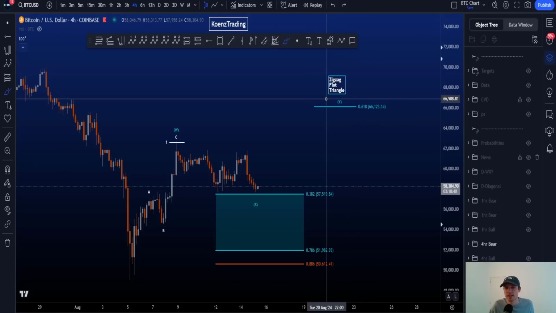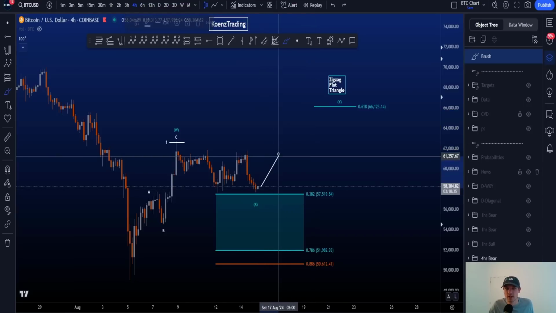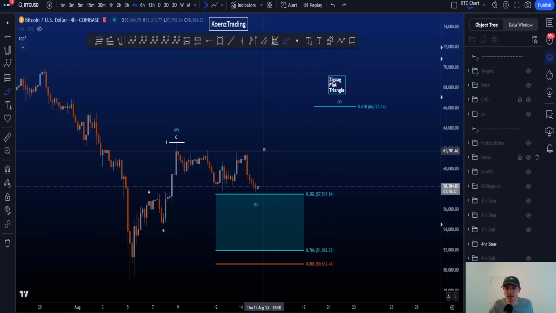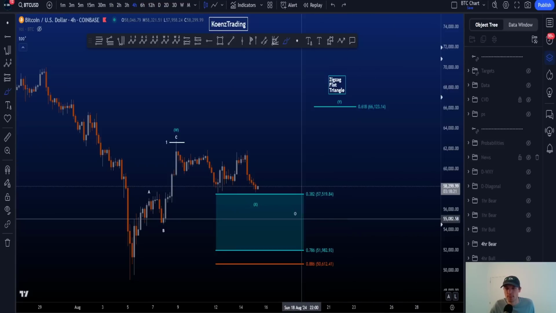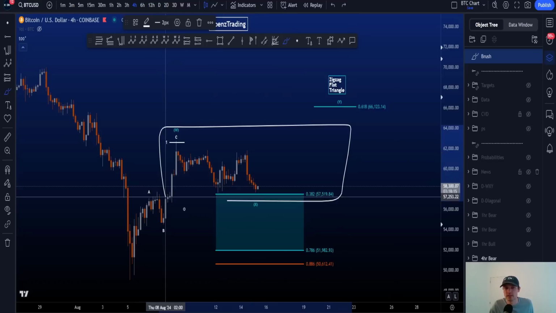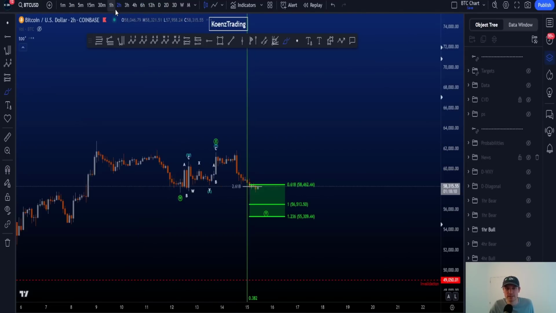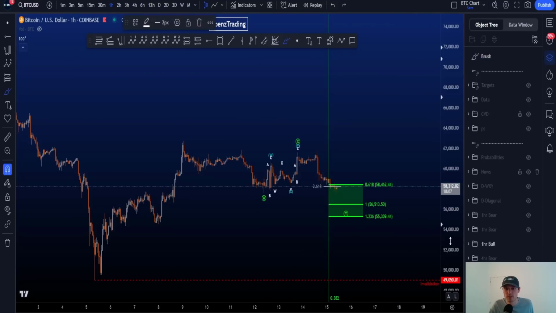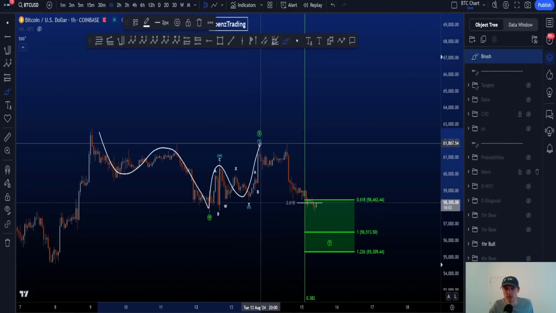And a wave Y can be a zigzag, flat, or a triangle, meaning a 5-3, a 5-wave structure, a zigzag, a flat structure, A, B, and then a wave C, as well as a triangle, but we don't yet know what we get. From a probabilities perspective, a zigzag and a flat are more common than a triangle in a wave Y. Now, if we then zoom in to this wave X and explain why the probabilities are higher to at least continue ranging / taking out the high at 63K, it is because of this count over here on the 1-hour time frame. So this is the corrective structure, zigzag in a wave W, WXY in a wave X,